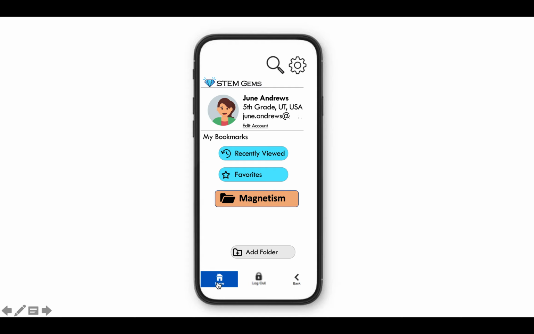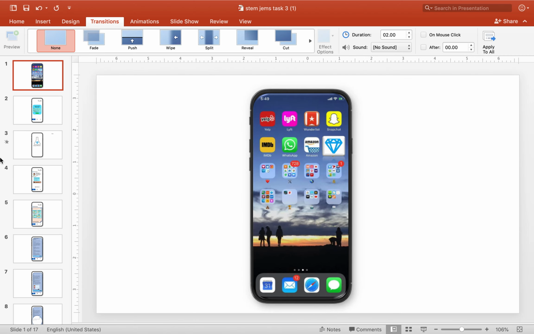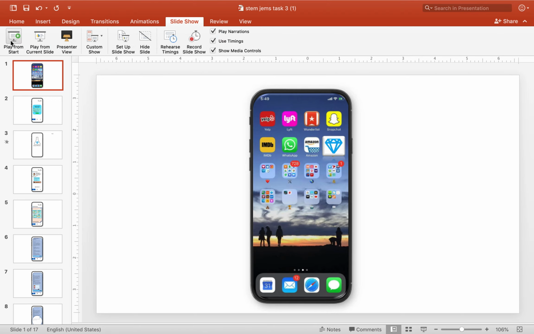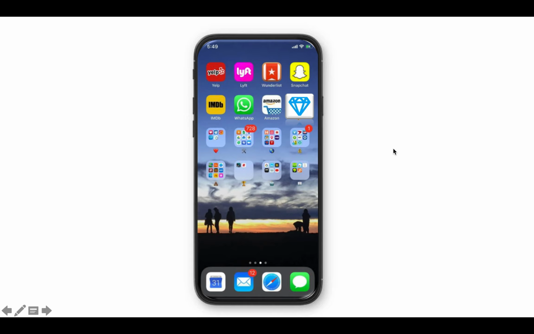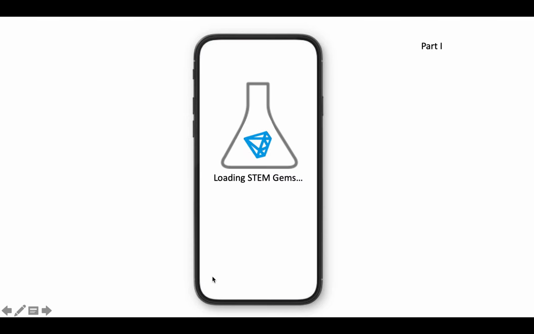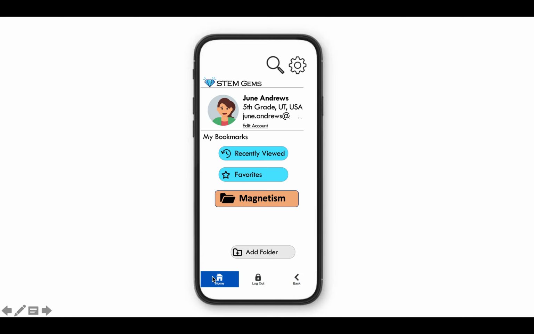Are you moving on to task 3? Yes. I gotta switch the. Okay. Okay, so task 3, logging in, and